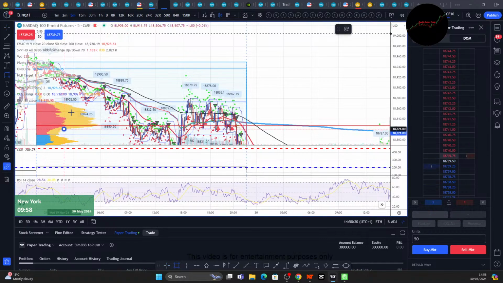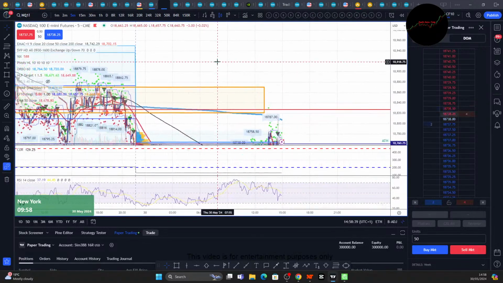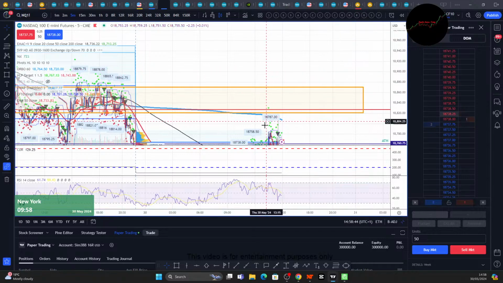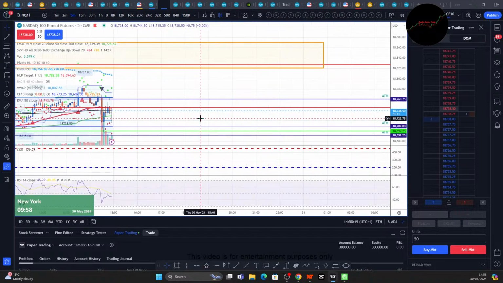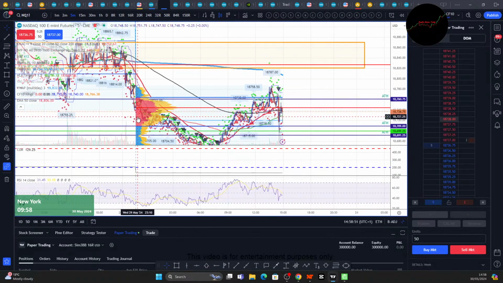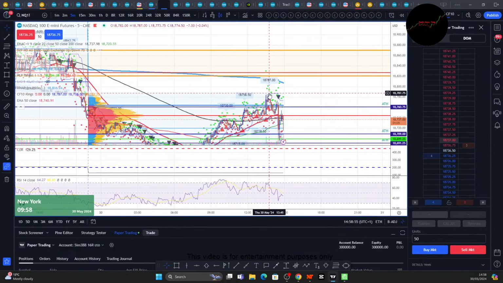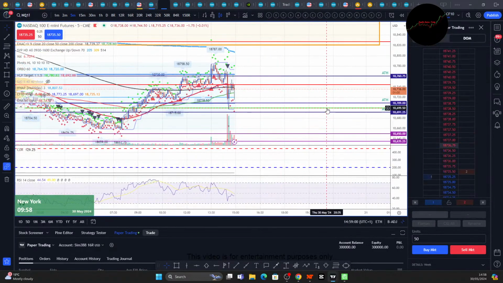With quite a bit of volume conducted through this consolidation yesterday. Still haven't revisited that at the moment. All the way up at the 820s. So we made new lows, new highs on the day. All the way up at 8778. What's this here? Oh, that's just some random level. Okay.